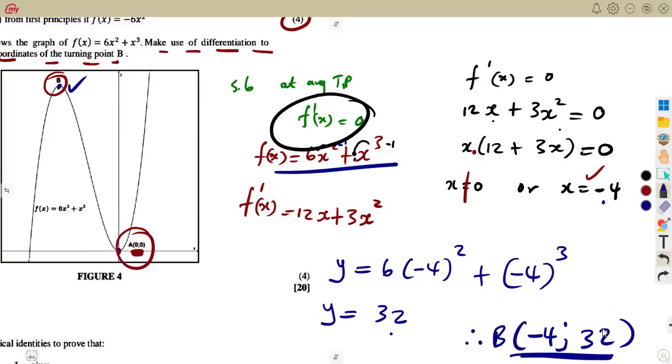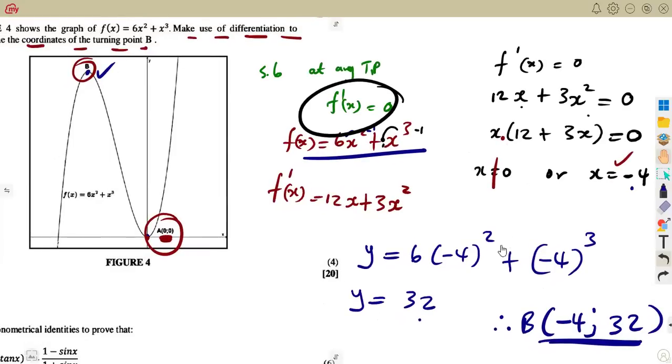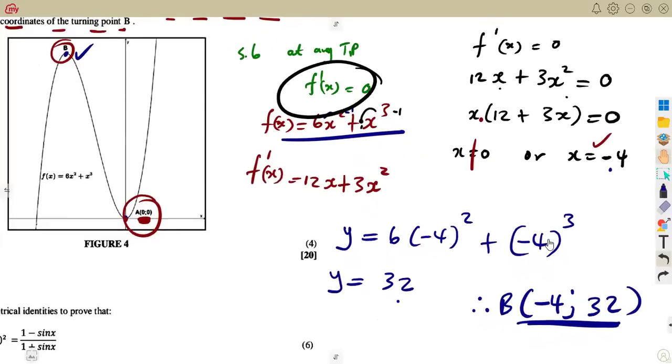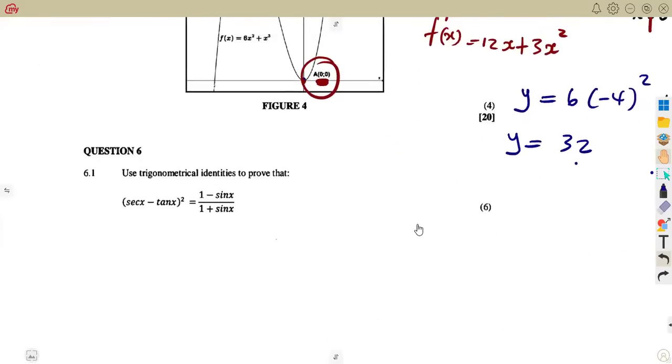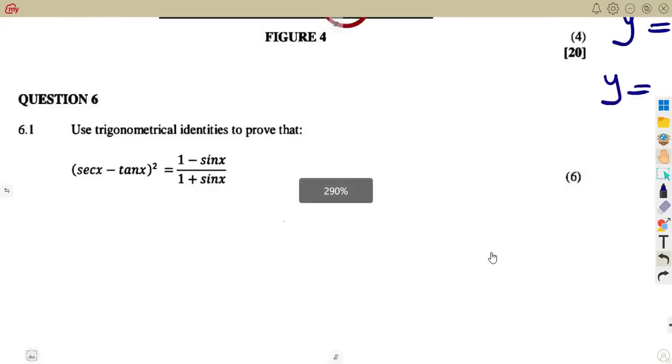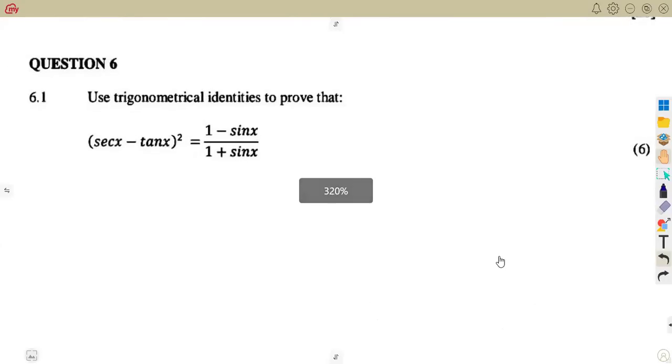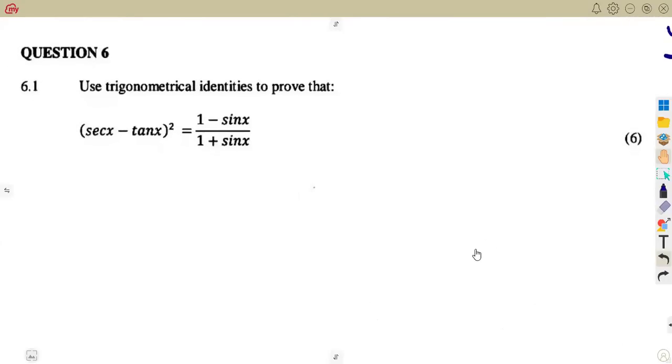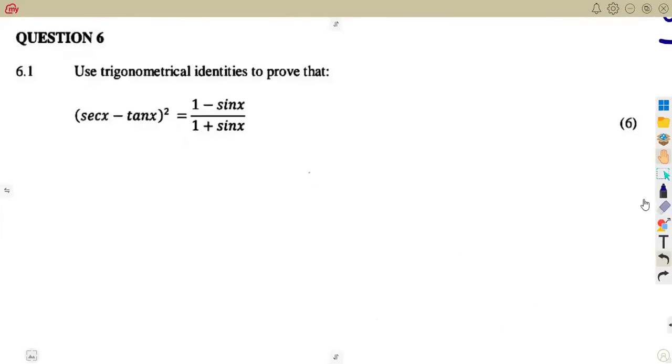So guys, do revise, work out many questions. It's very, very important that you figure out how these questions are being given. Then you play around with the question. Figure out, how am I given this question? How can I obtain this? It's a matter of figuring around. So question number 6, we are given,